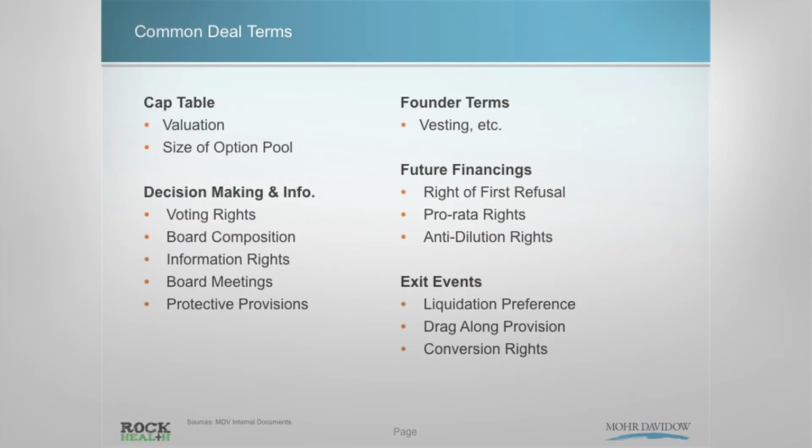So what we did here is take a term sheet and pull out the set of terms, and then I reorganized it like this because it doesn't look like this in a term sheet. I reorganized it into the sort of practical buckets. So the cap table, that'll be in your term sheet. You will have a copy of the cap table in your term sheet, or the proposed cap table. And that's where valuation and price per share and the size of option pool will all be defined.